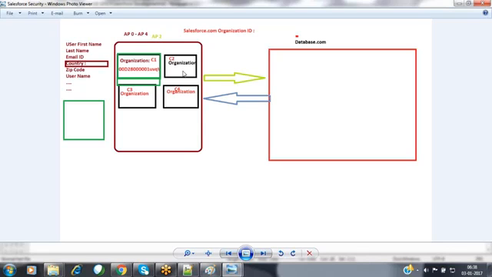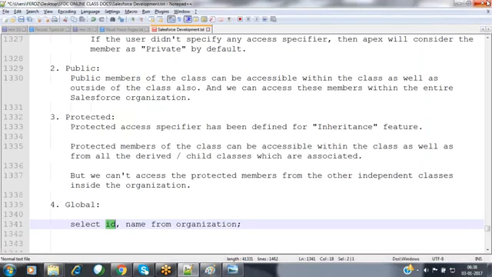Whenever you are implementing some web services or APIs, nothing but application programming interfaces, they will be consumed by different third-party applications from different organizations. So at that time, we use the global access specifier.